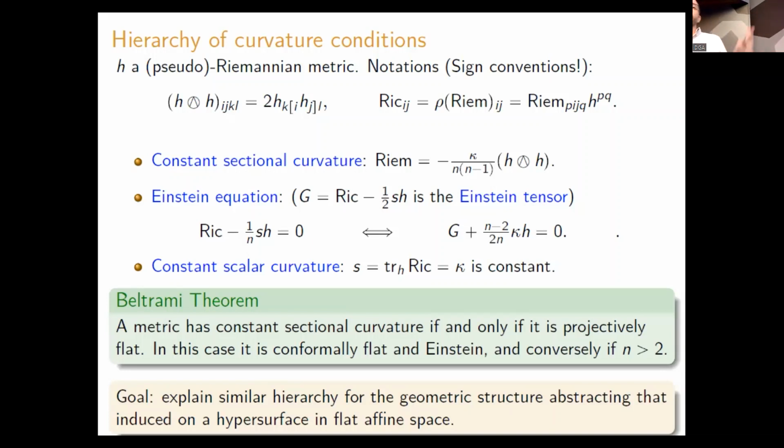I consider two torsion-free connections to be projectively equivalent if the traces of their geodesics, the images of their geodesics, are the same. And then it's projectively flat if locally I can choose charts in which the traces of the geodesics are straight lines. And it's a classical fact that this is equivalent to the vanishing of a certain part of the curvature tensor,